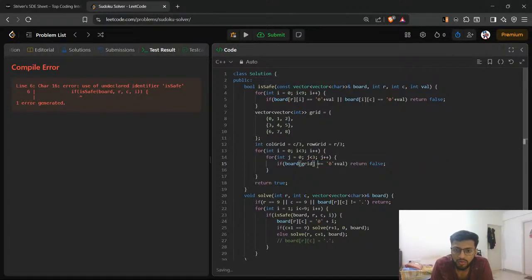देखो बोर्ड के होंगे दो i और j है ना. ith क्या होगा, रो ग्रिड का ith इंडेक्स, ग्रिड ऑफ